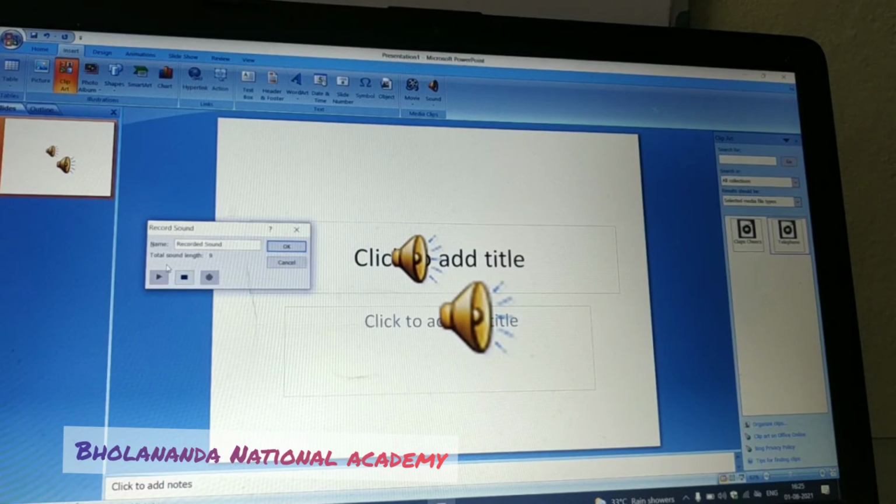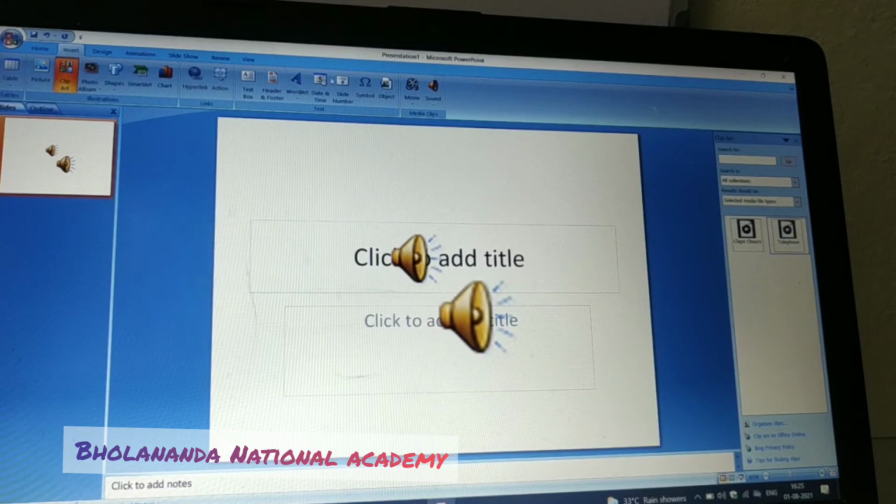And this is the play option. At first you have to stop the recording, and then click the play option. So can you hear my voice? I have recorded my own voice for you. This is how to add the recorded sound from here.